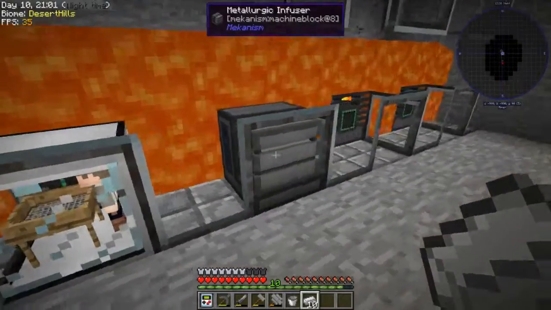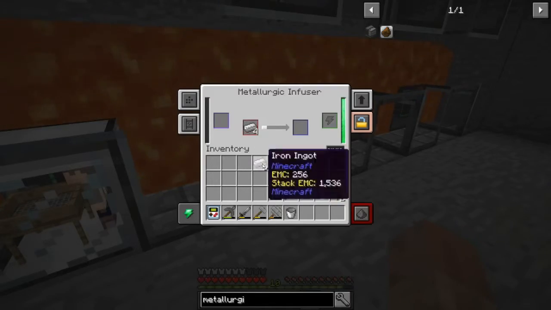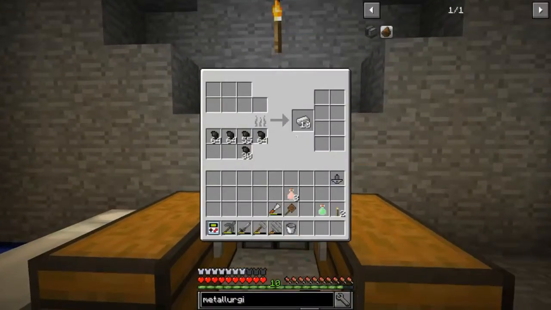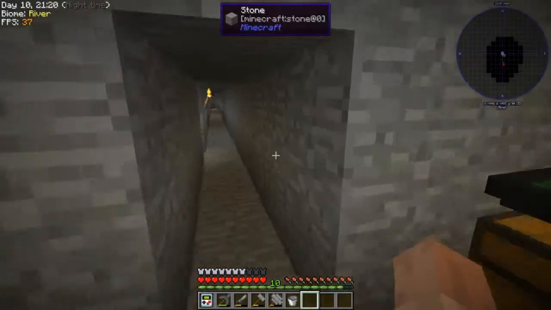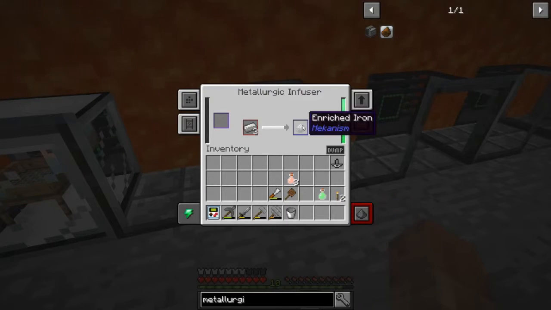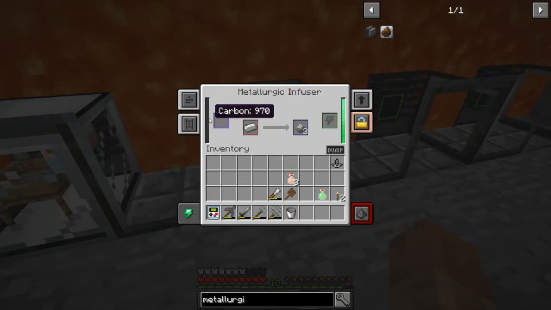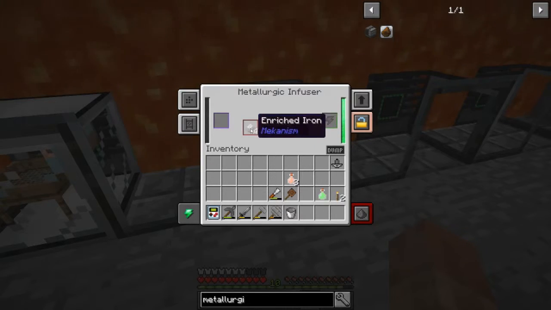Now we're going to take our iron ingots and put 1, 2, 3, 4 in there. And the carbon is going to be infused. I'm going to go ahead and stick that iron in there. The carbon's going to be infused in the iron and it's going to produce these enriched iron. And once the enriched iron is done, then we're going to put that back into the metallurgic infuser, put more carbon into it. It takes like 10 or 20 carbon per operation, I think. Let's find out. Yeah, 10 carbon per operation. So it takes half a charcoal to make the enriched iron, and then the enriched iron gets put back in and the other half of the charcoal gets put in to make steel blend. And once the steel blend is done,